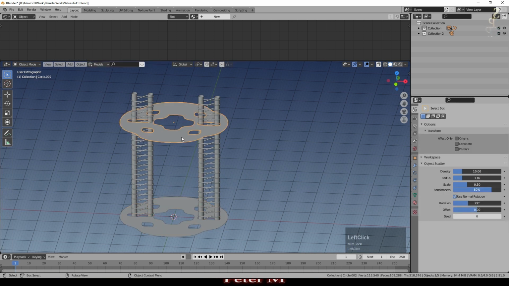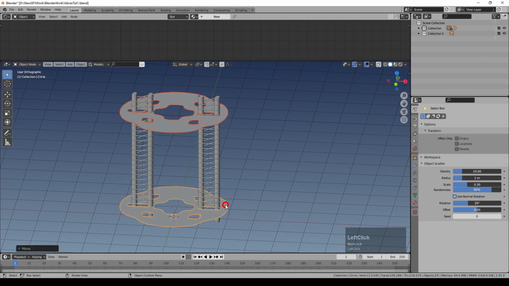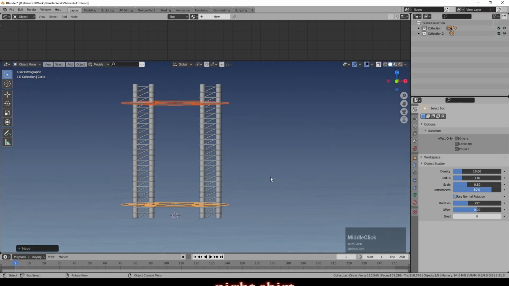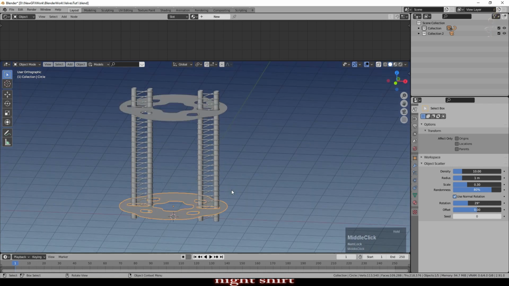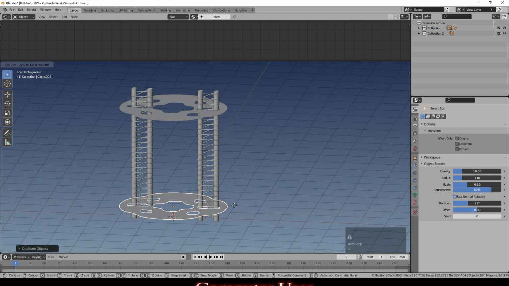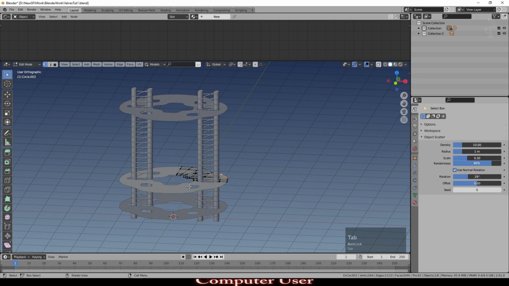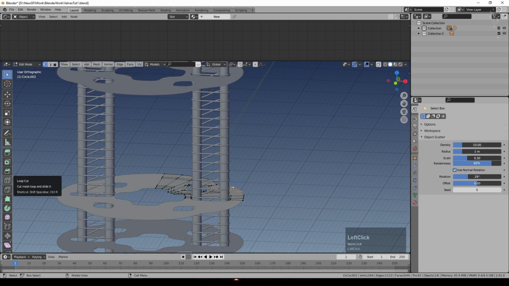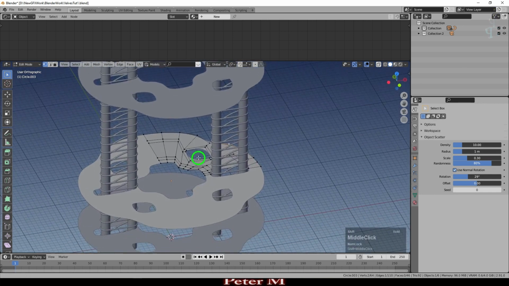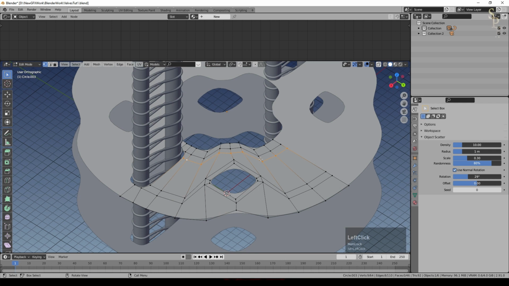For those top two, I'm actually okay with that. Just put them more centrally on the heater. But I actually want one that's slightly different between that. So I've done Shift D this time and we'll lift that up a bit. So I'm going to go back into edit mode, and we often seem to have a sort of box in the center of these sort of valves as they're called. So I'm going to select that loop and just extend it out a little bit.